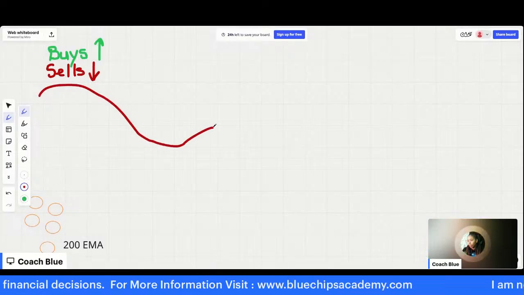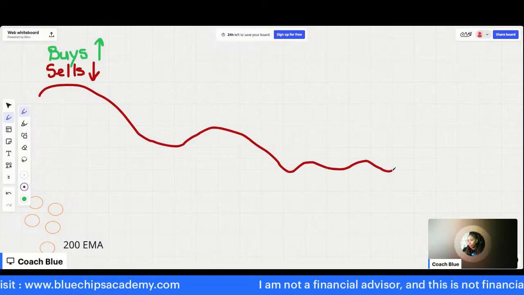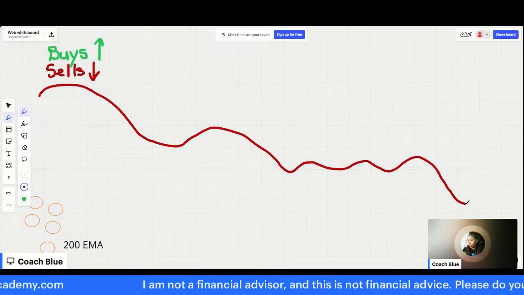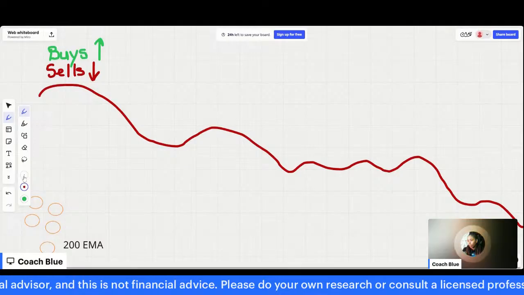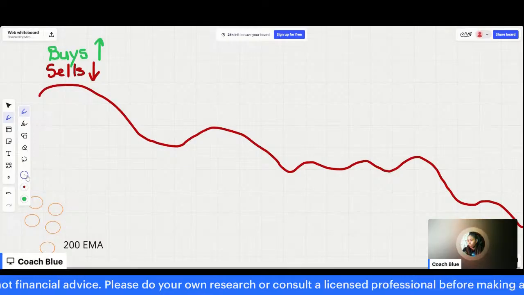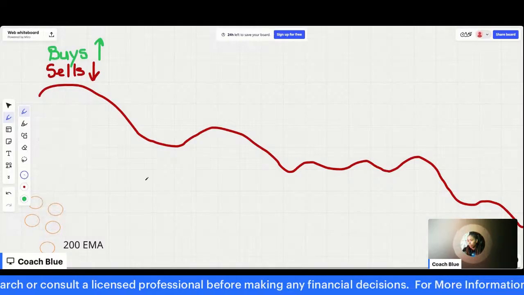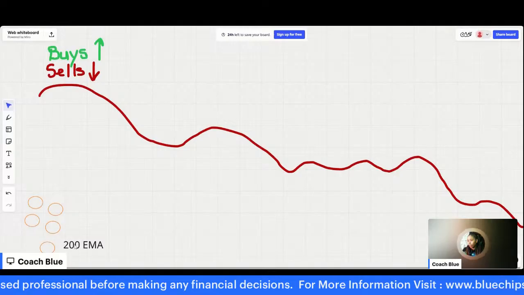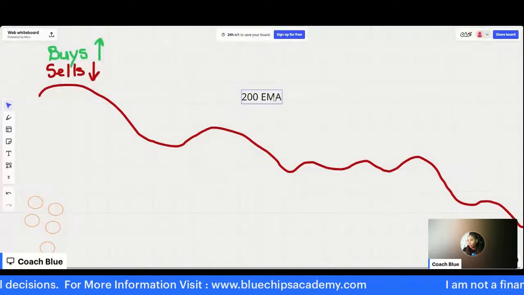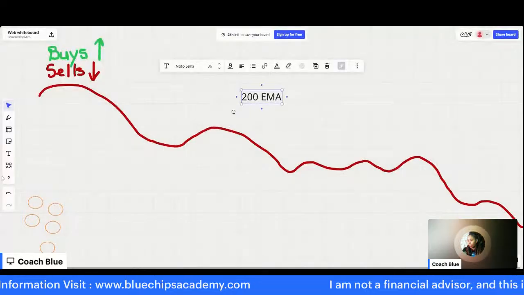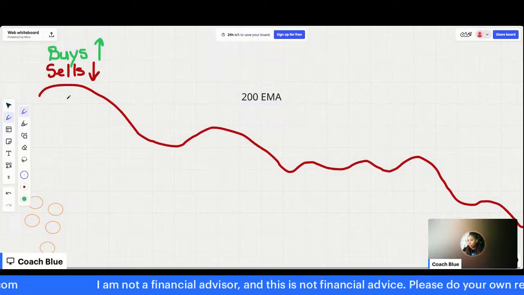Okay, so we come down here. Might see a little push to the upside, but the ultimate direction, a little bit of sideways action here. Okay, down here. And so what you'll see with this type of setup, let's make it blue. All right, so this is our 200 EMA. Let me just point this out. This is our 200 EMA right here. Okay, I'll put that right there. That's our 200.